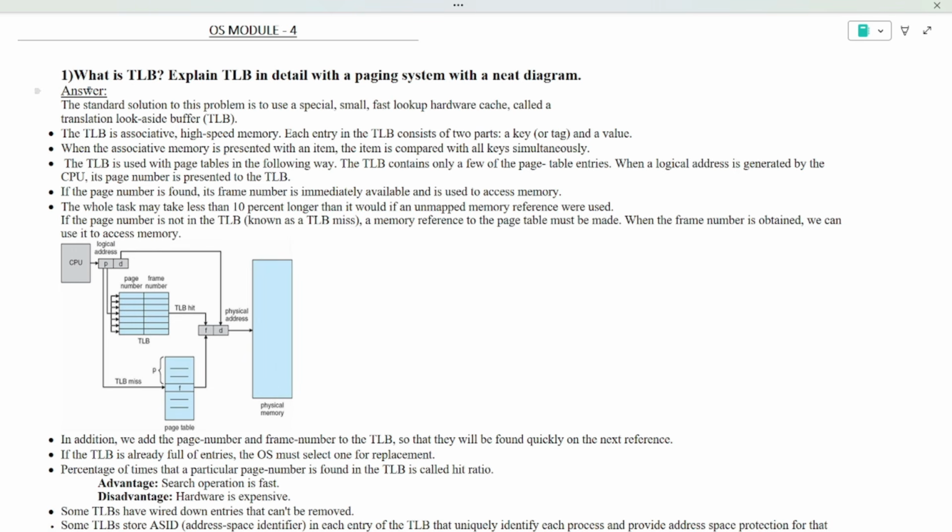Okay, now see what is TLB. Explain TLB in detail with the paging system with a neat diagram. They have asked first what is TLB. First you look for what is the full form of it. Translation Lookaside Buffer. Now the standard solution to this problem is to use a small fast lookup hardware cache called a TLB. Okay, as you know the full form of TLB,